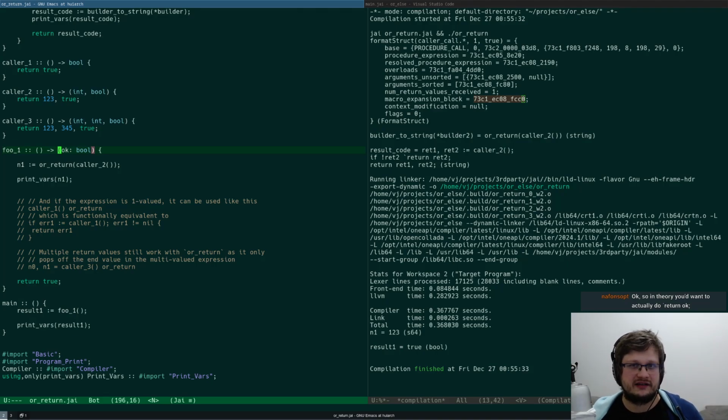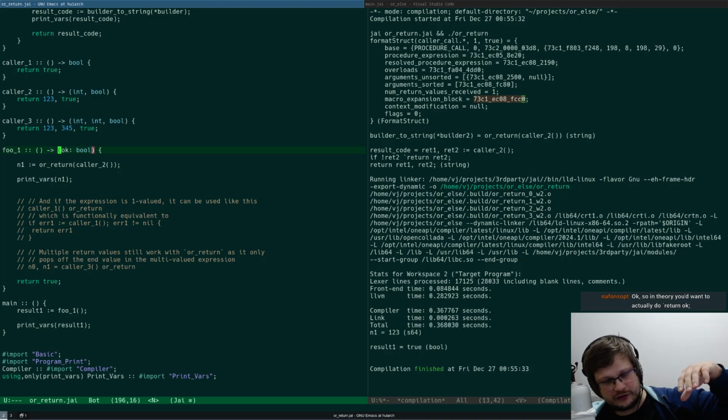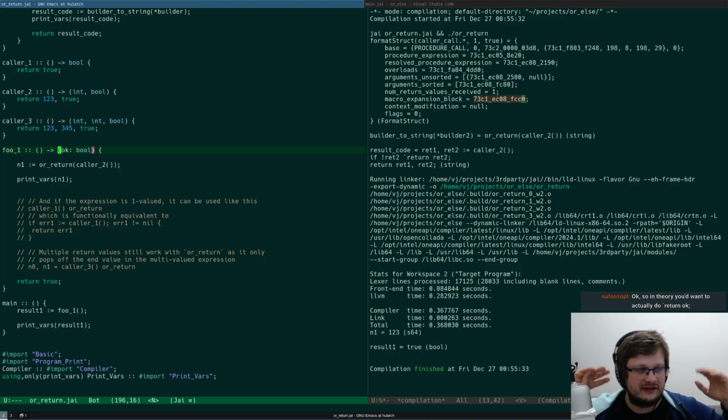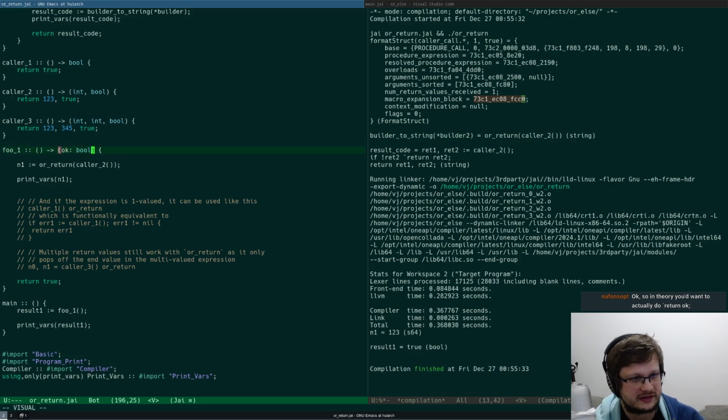I said that we can probably lift this restriction. And while true we can just return default values, right? Or we can just say, okay, if the return value is bool, we just return false. This is easy. But what if there are multiple return values, right? Then we want to return something. And now it makes sense that for procedures that return multiple values, Odin actually requires them to be named,